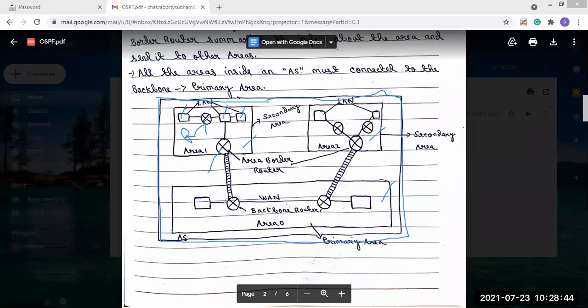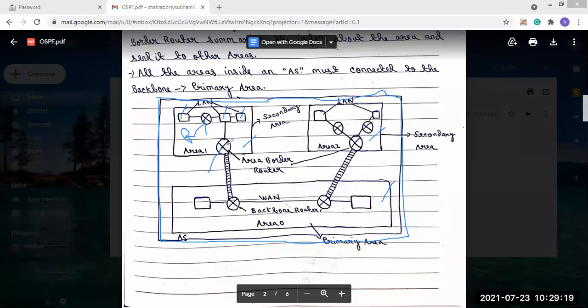Here you can see this LAN is connected to the router, and this router is connected to this LAN, and all of them are connected to the area border router. Same for this area: this is a LAN connected to a router, and this router is connected to the area border router. And again this is connected to a router, and this router is connected to another LAN. So same as that, this will happen. That's how the areas will be present.